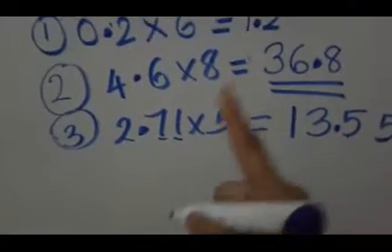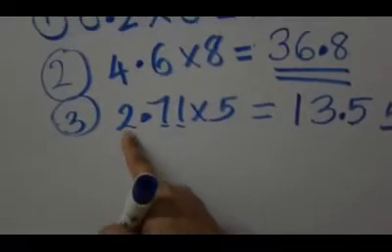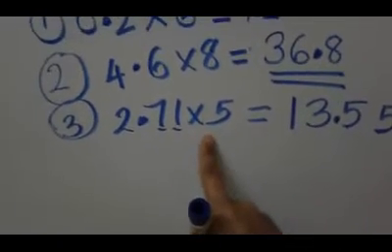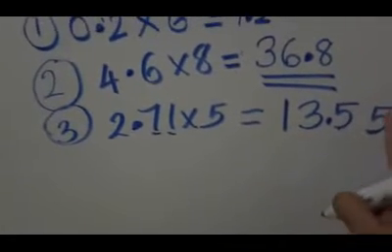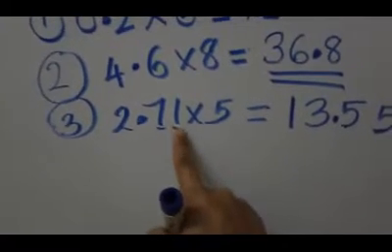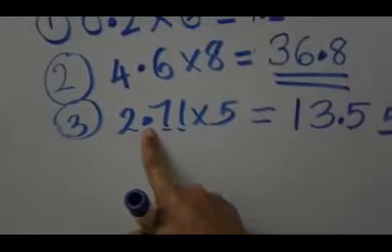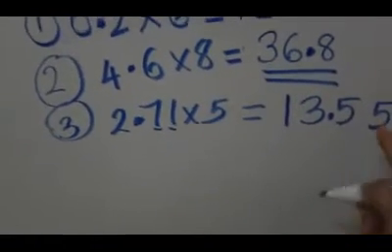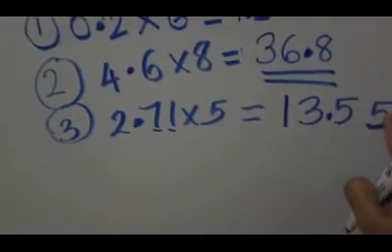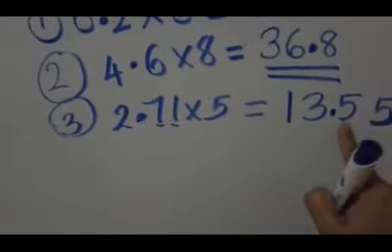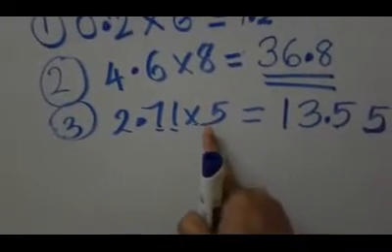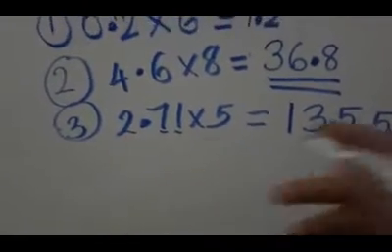That is, the rule is: if you want to multiply a whole number by a decimal number, ignore the decimal and multiply the numbers. Then you will get one answer. After getting the answer, you have to check how many numbers are there after the decimal on the right side. 2 numbers. So from here you have to start, 2 places, 1, 2, and put the decimal before them. This way you can multiply a whole number by a decimal number.